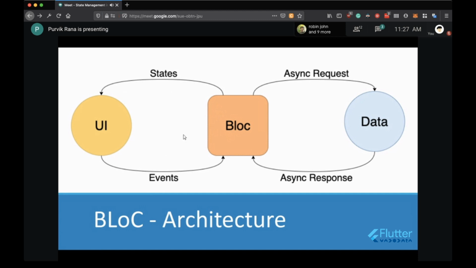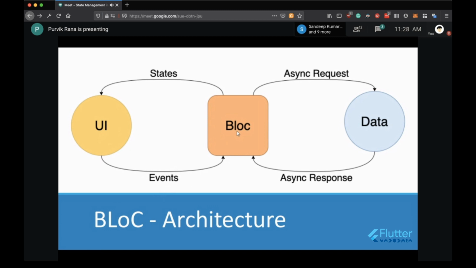So transition consists of the current state, that is the initial state, then the event, and the next state. So that completes the one transition. Now when you have the list of the data, let's think about that, it's a paginated call. So when the user is scrolling down and down, for that you again call the new event, that get more data event. So when user scrolls to the end of the list and scrolls again, then you have to fetch more data from the API. So you will call another event, get more data.